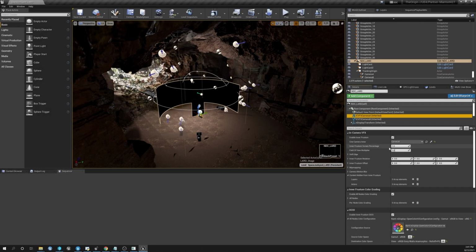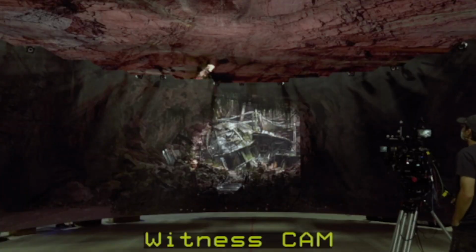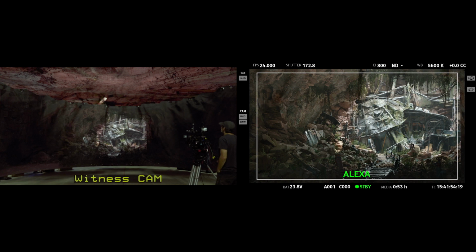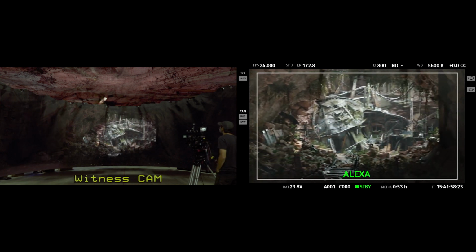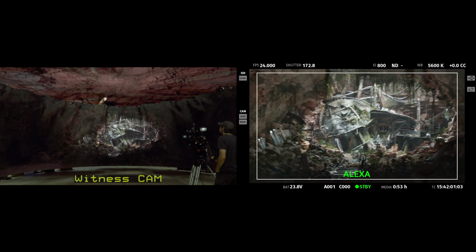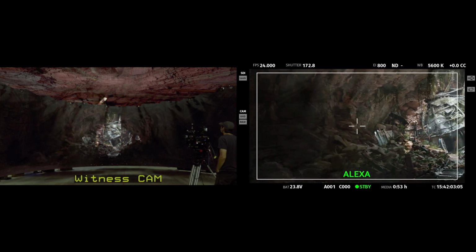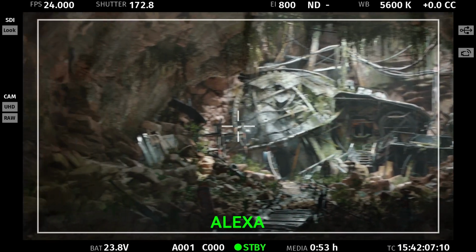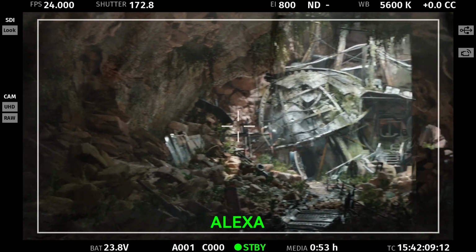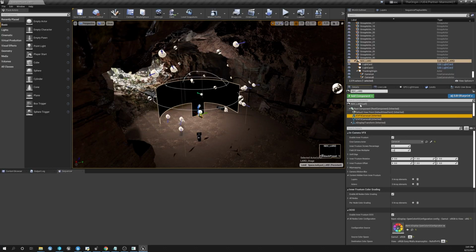With our inner frustum set up, our next step is to ensure that the frustum on the wall is filling enough space for the camera to allow enough breathing room for an operator on stage. So even though the frustum is configured to fill the entire camera frustum, we may find that as we pan back and forth, we begin to catch the edge of the frustum on the wall just because of the amount of latency we get in the system. So the way that we can account for this is to actually artificially increase the size of the frustum on the wall. And in order to do that, we go to the ICVFX camera component that represents the camera we're working with. In this case, that's camera A.